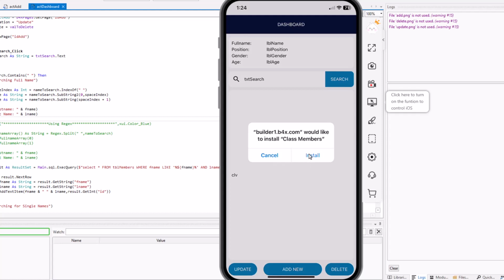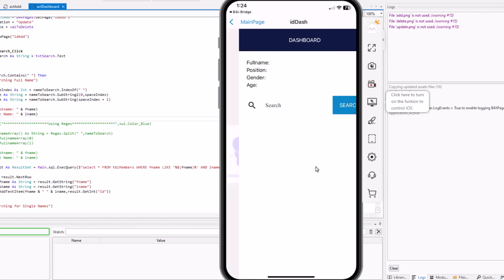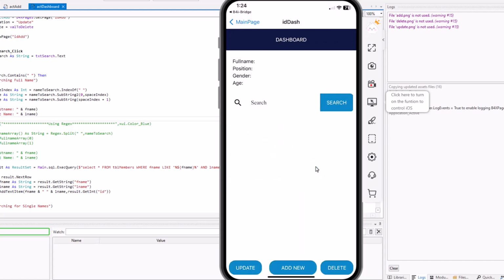Okay, install. The splash screen. Here's our page. Looking good. We don't have any members.